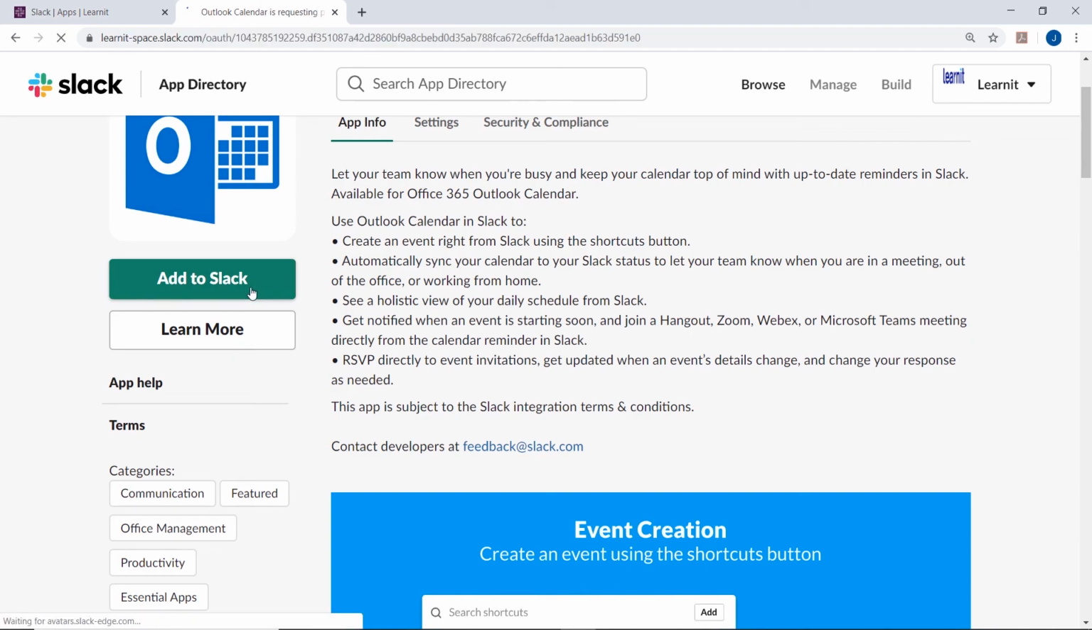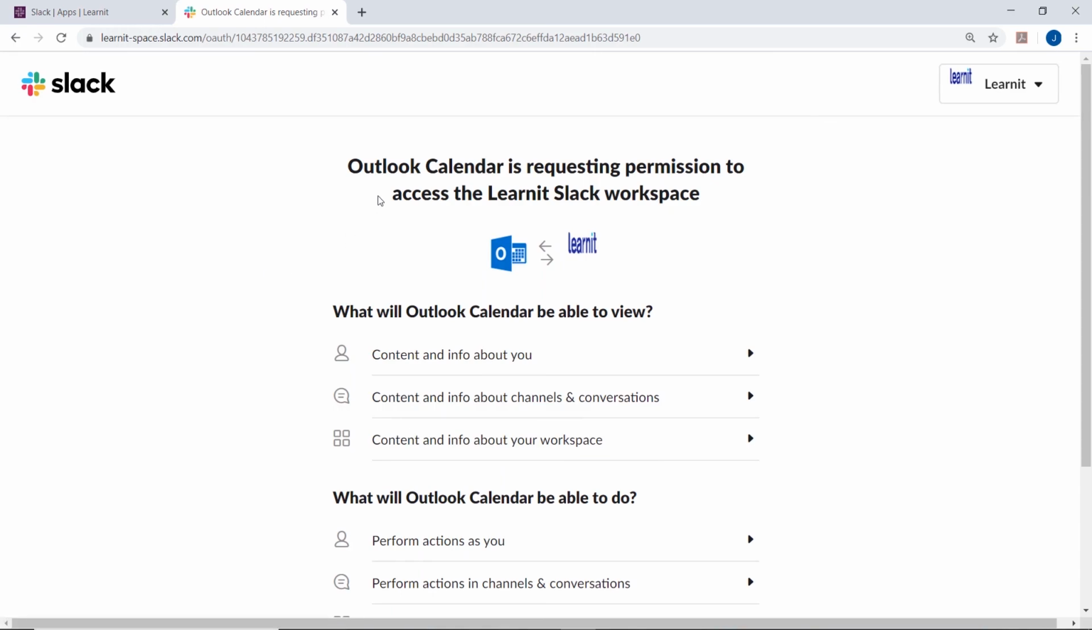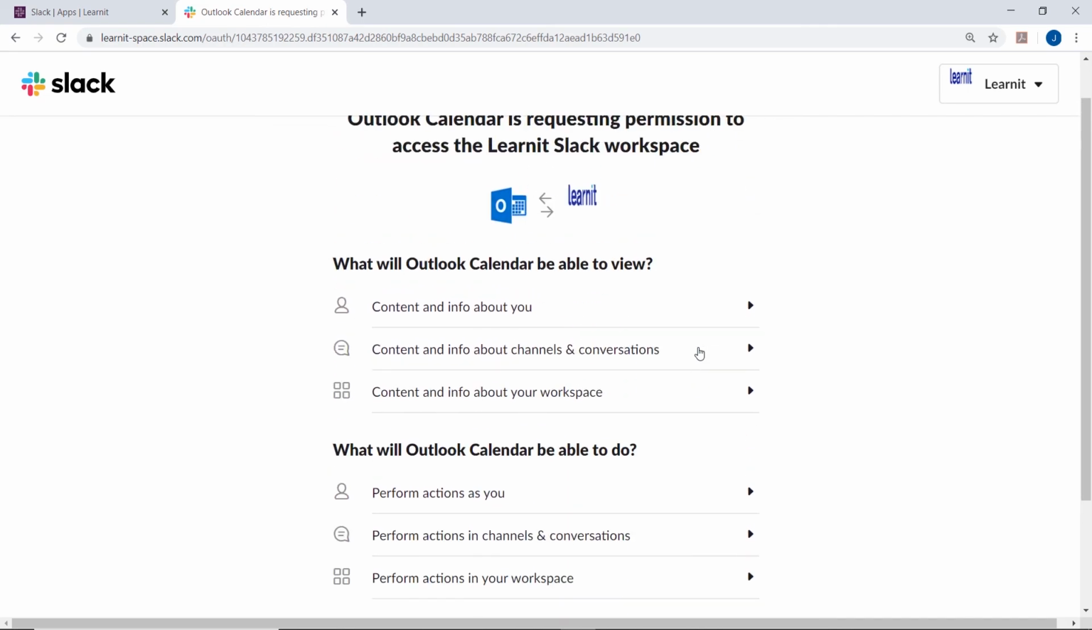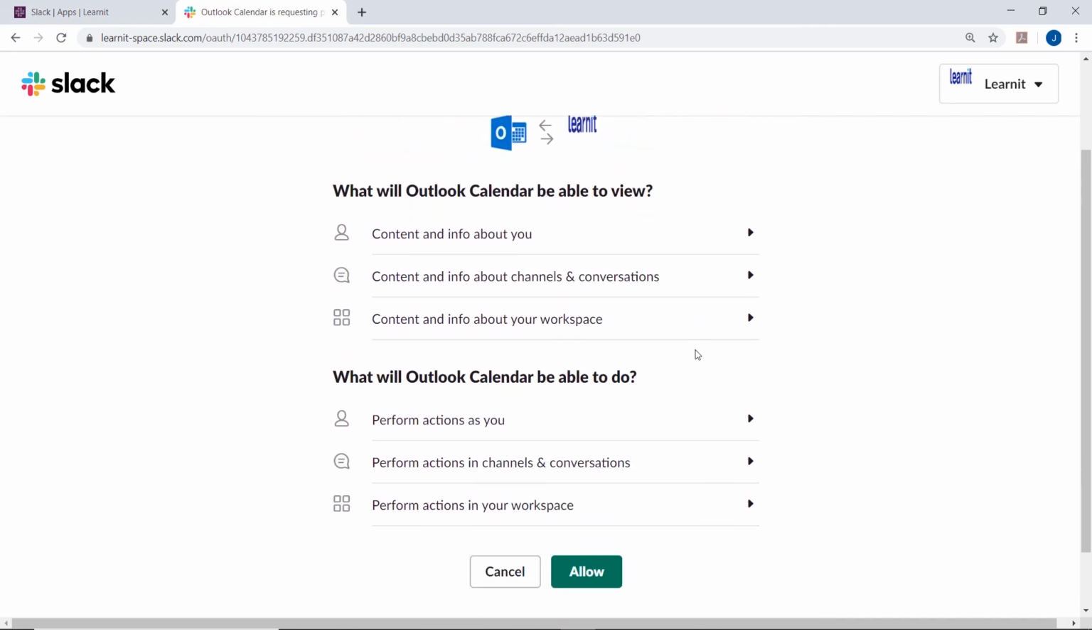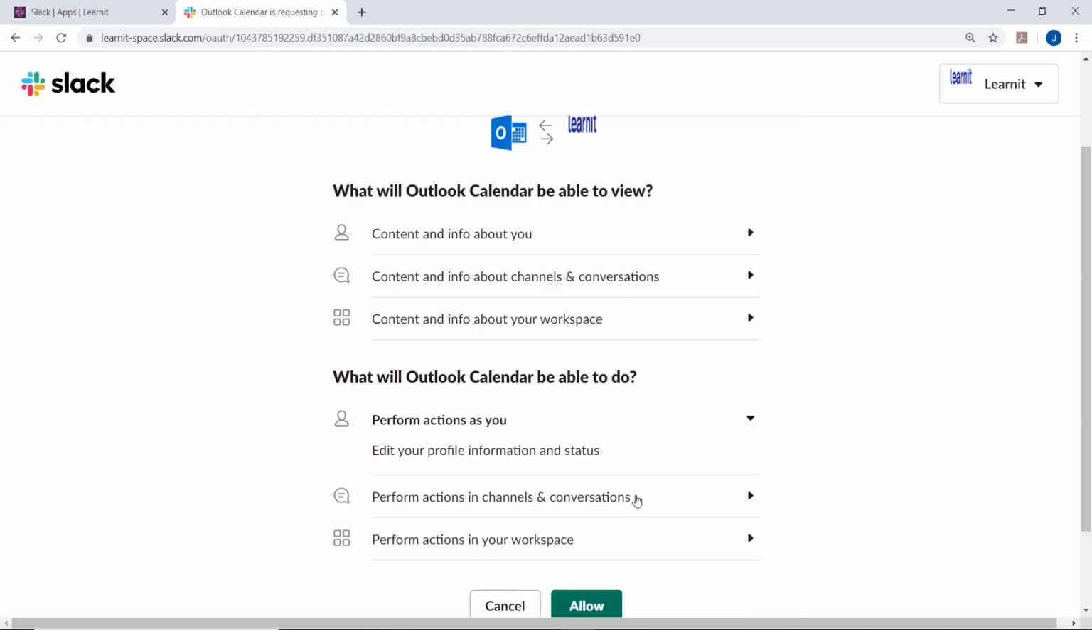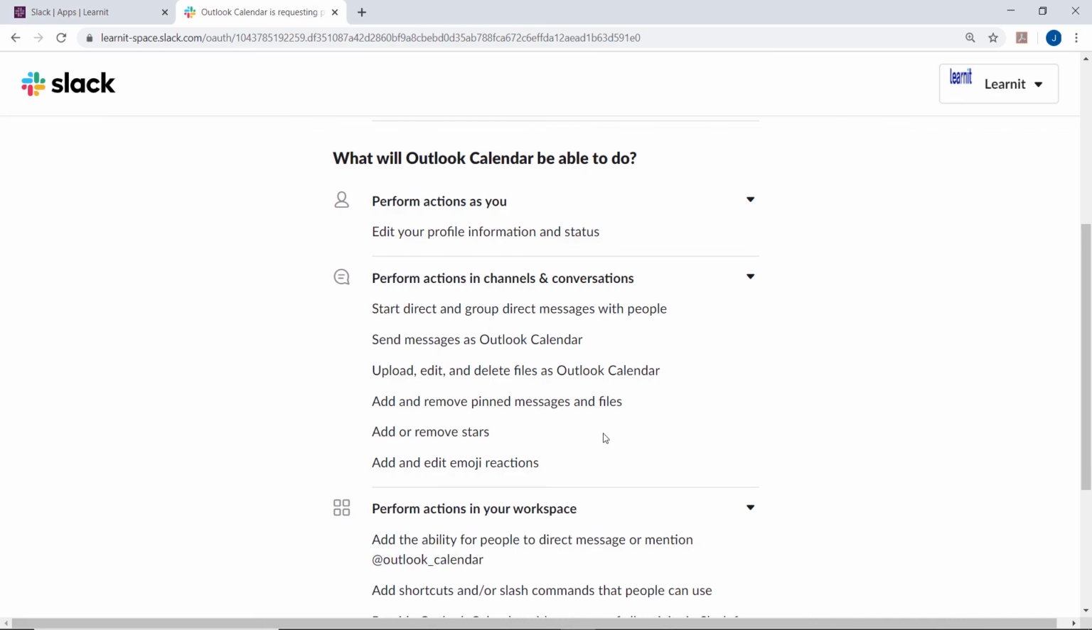Slack. Now, once I do that, it's going to say Outlook Calendar is requesting permission to access the Learnit Slack workspace. And I'm going to say, yeah, that's great. And then it'll give you little things like, what will your Outlook Calendar be able to view? And what will Outlook Calendar be able to do? So if you have those questions, you can just simply click and see exactly what's going to